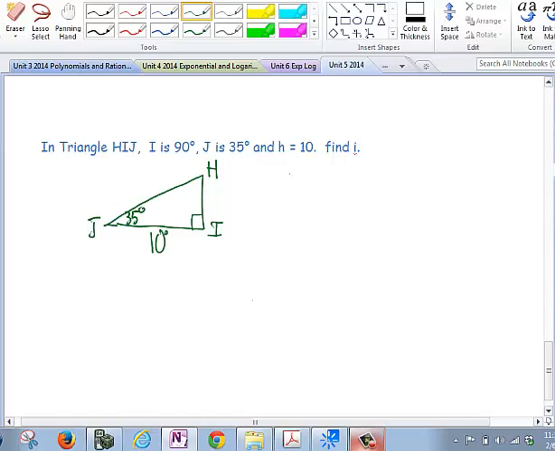So I'm going to write out here, you want to solve for angle H. You want to solve for, because you know what J is, and you know what I is, I'll have you fill them in also. And you want to solve for side I and side J. Give that a shot,